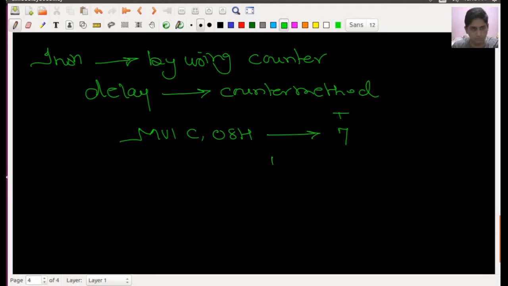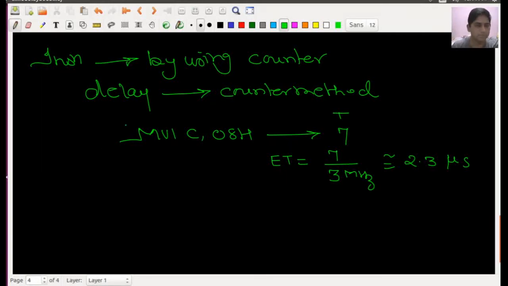Okay, so if I am considering the execution time of this instruction, the execution time ET can be given as 7 divided by the clock frequency of the microprocessor. Suppose this is 3 megahertz. It will give roughly some microseconds, near about 2.3 microseconds. Okay, you can check it. Maybe some correction is needed here. Okay, so now come to the point. It is a very minimum amount.